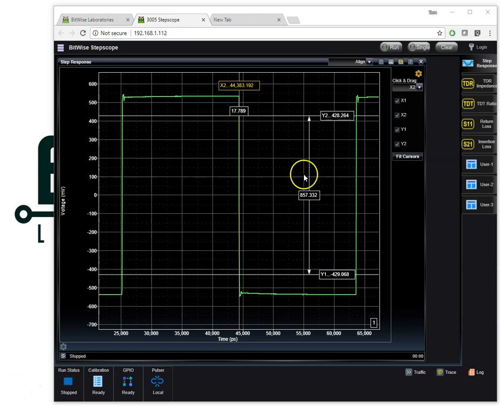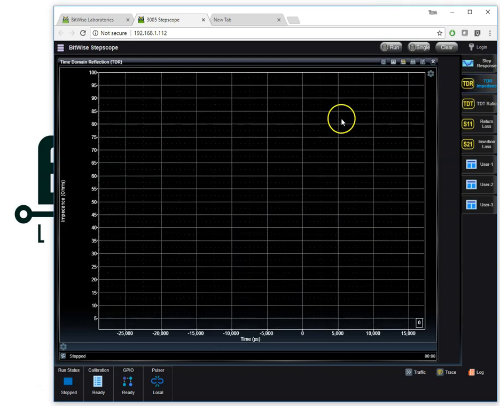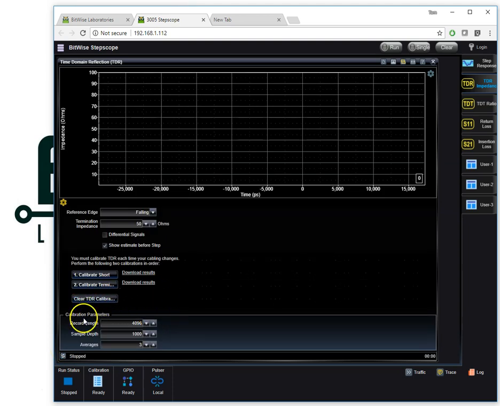Okay, so the next thing we want to do is look at the TDR response of our device under test. I'm going to press the TDR button, and the first thing I need to do is perform calibrations that define the reference plane of my TDR. If I click down here, I have these two calibrations that have to be run: calibrating a short and calibrating